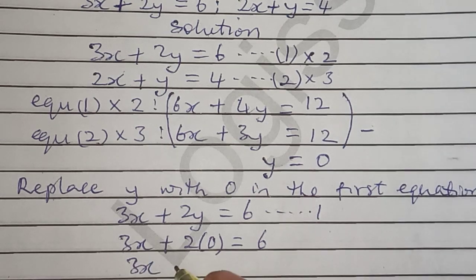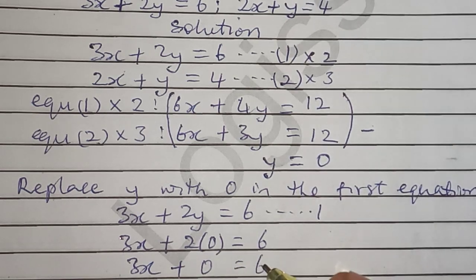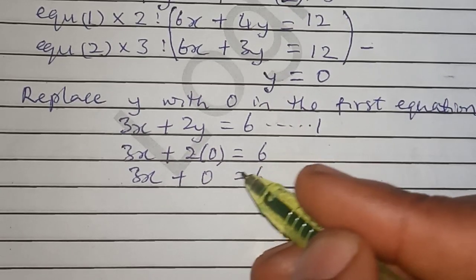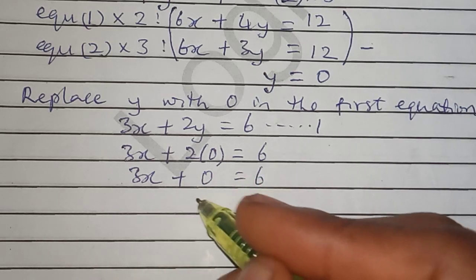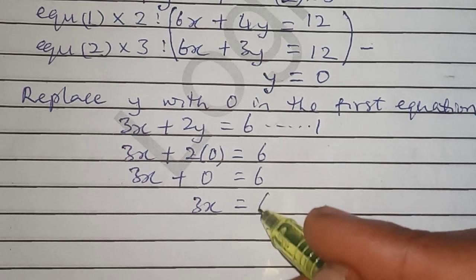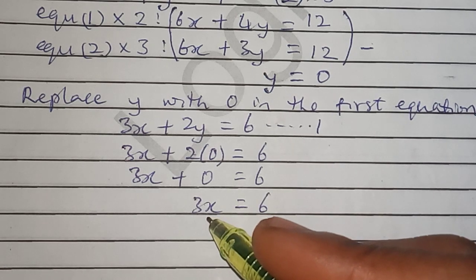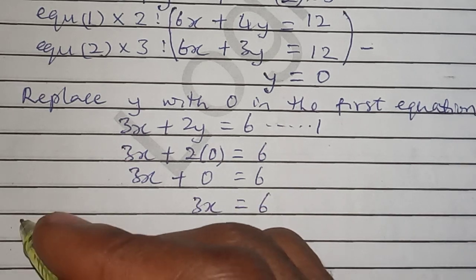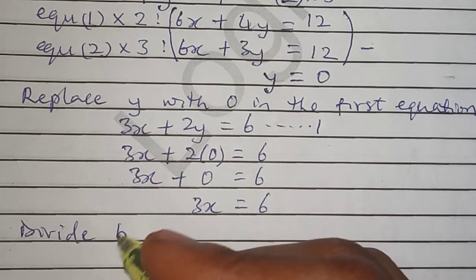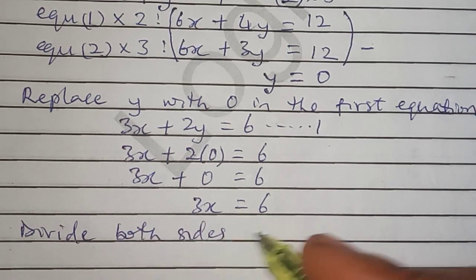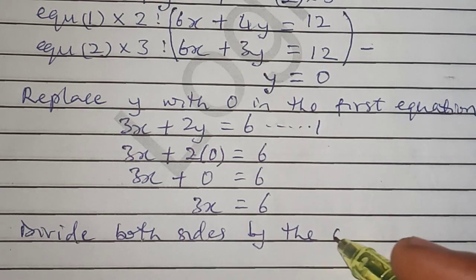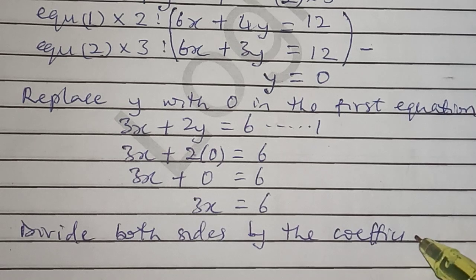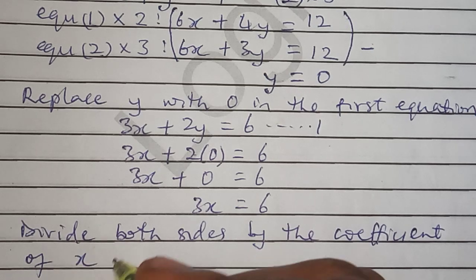So we have 3x plus 2 times 0 here will give us what? 0. Then equal to 6. So 3x plus 0 will give us the same thing as 3x. So we have 3x is equal to 6. Then we divide both sides by the coefficient of x, which is what? 3. So we can say divide both sides by the coefficient of x,